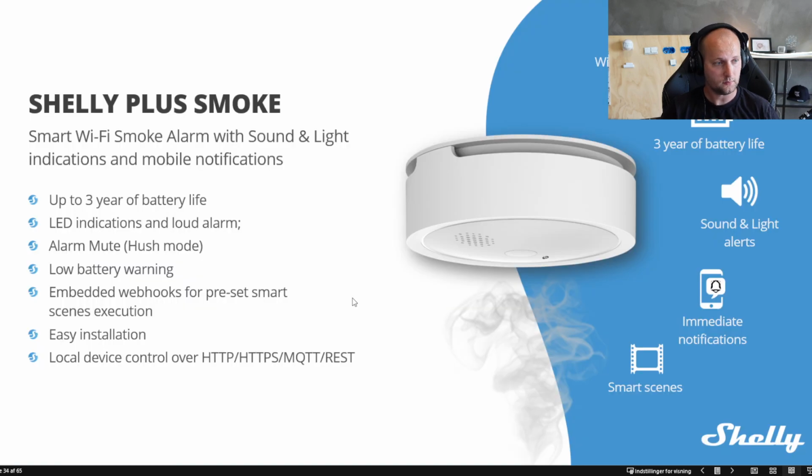I already spoke a little bit about this. The smoke alarm is battery powered, around 3 years of battery lifetime. It is using optic sensor, so it detects the heating before it really have the big flames and so on. So it detects the heating and the smoke very quickly. And of course, everything works together, so you're getting push notifications immediately, and you can make your lights blink or turn red or whatever when something happens.